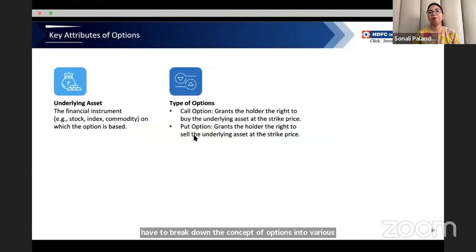So as we saw, all the derivatives contracts are going to have the underlying asset. All right, in options as well, we have underlying asset. For example, if